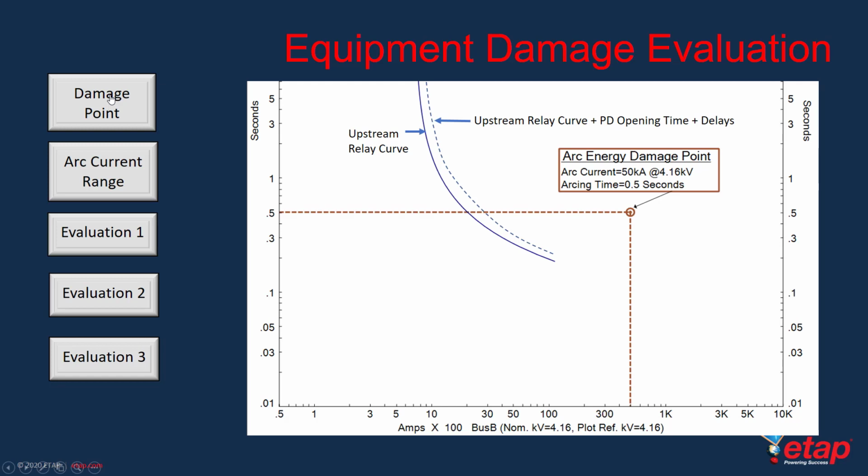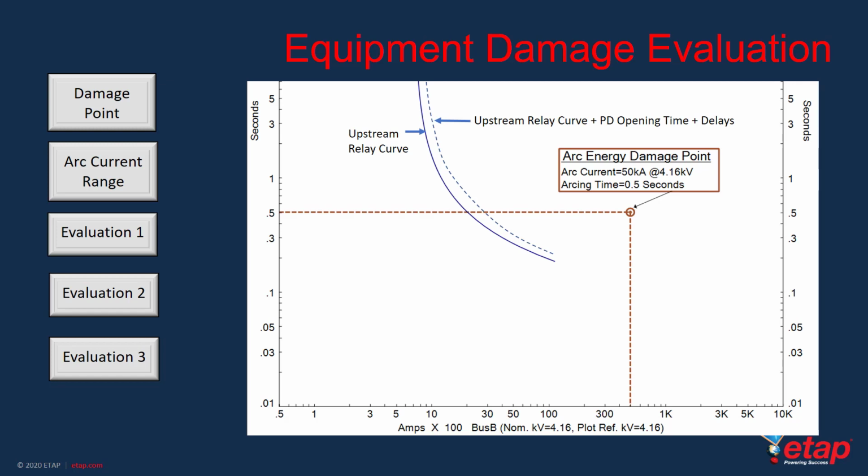As we can see in this particular slide, we see a representation of the TCC with the arc energy damage point, which is 50,000 amps with an arc duration of 500 milliseconds, or half a second. This rating represents a 1500 kiloamp cycle amount of energy for which this equipment is expected to operate within its